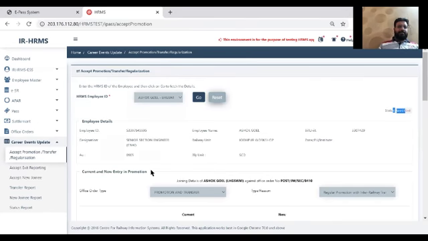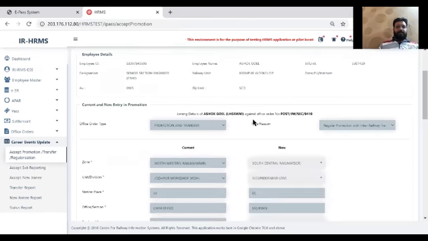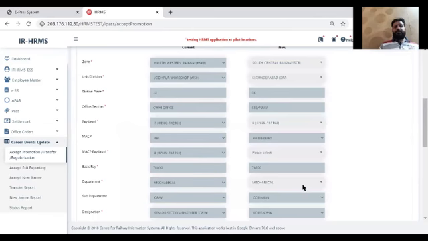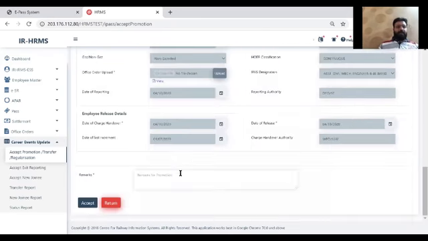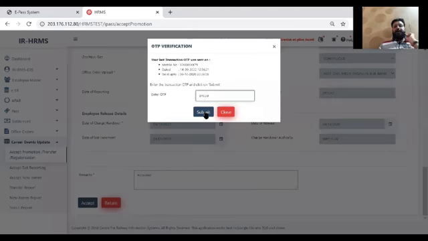The status is verified. Mr. Goyal is posting again, joining against this office order. Current information from the current tab, and new information that is going to be updated after acceptance of this. So to accept this information, I need a transaction OTP of Mr. Narasimha. So now, when I give the transaction OTP and click the submit button, what is going to happen in the background? Let's check it out.